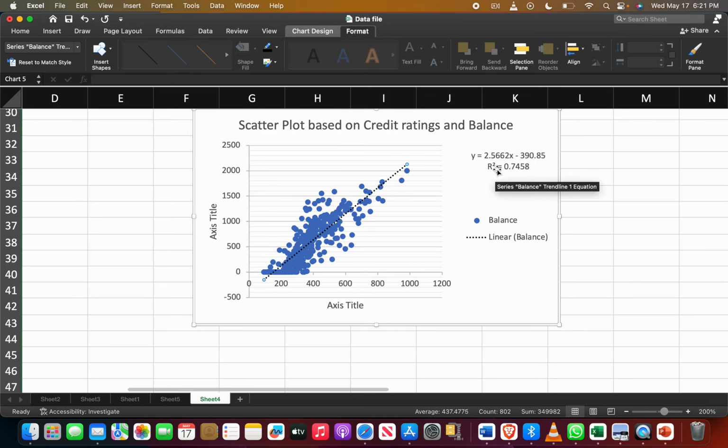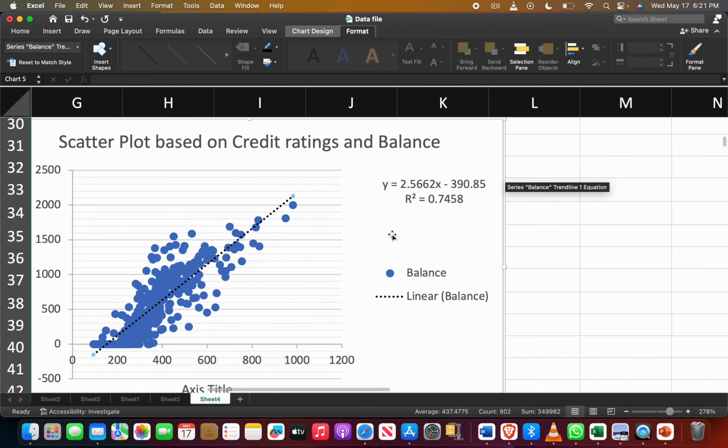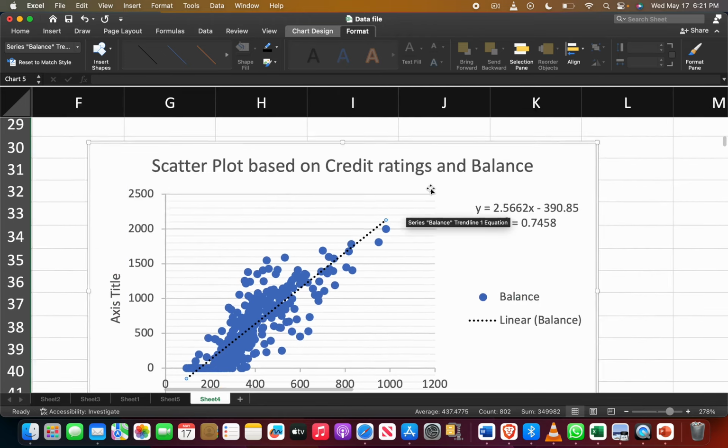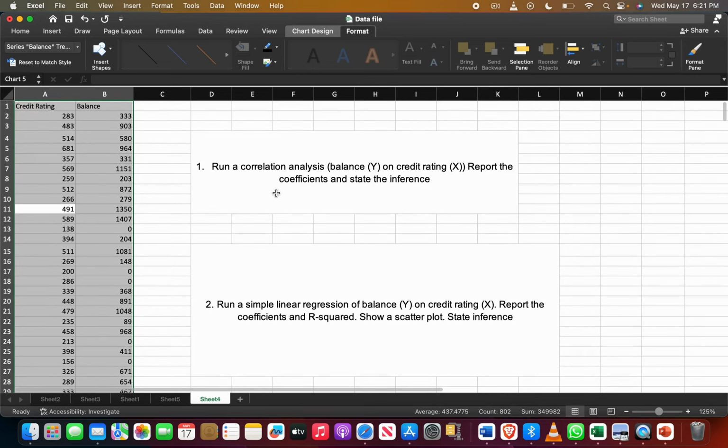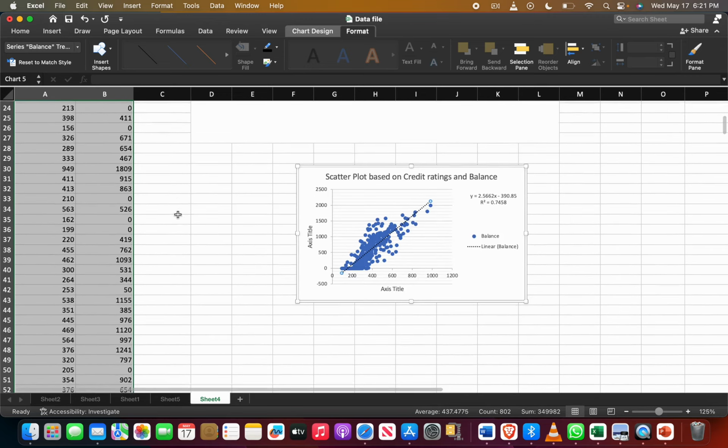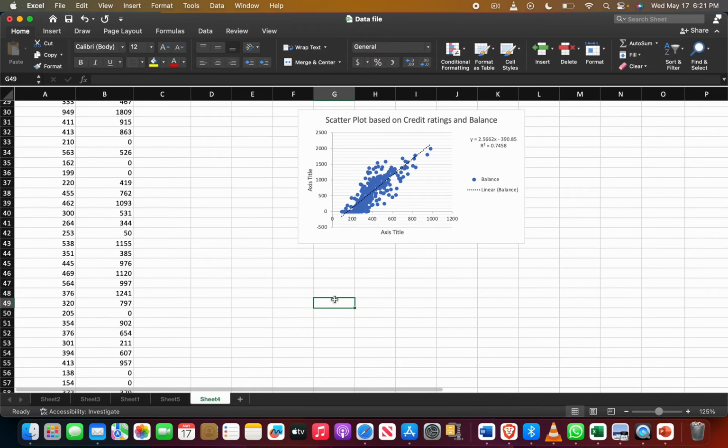it's already found the R square value and the y value. Okay, we can estimate the future value, or we can estimate any value like that. If I put any x value, then it will find out the balance. I mean, if I use the equation like that, y value,